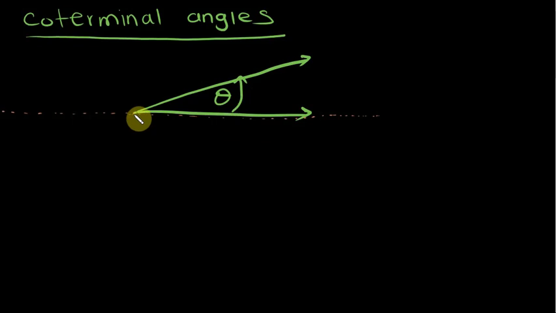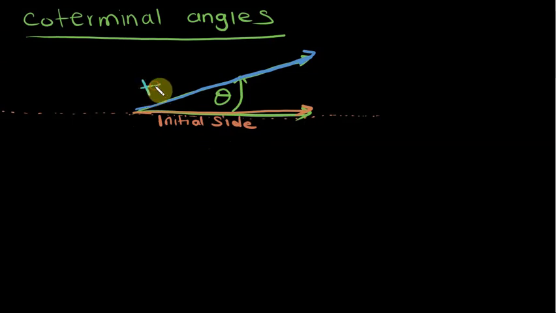There's this line here, the horizontal line, and there's this line where the angle terminates, which is at the angle theta. So the horizontal line, which is in orange, is the initial side of the angle. Let's label it: the initial side of the angle, and the blue line